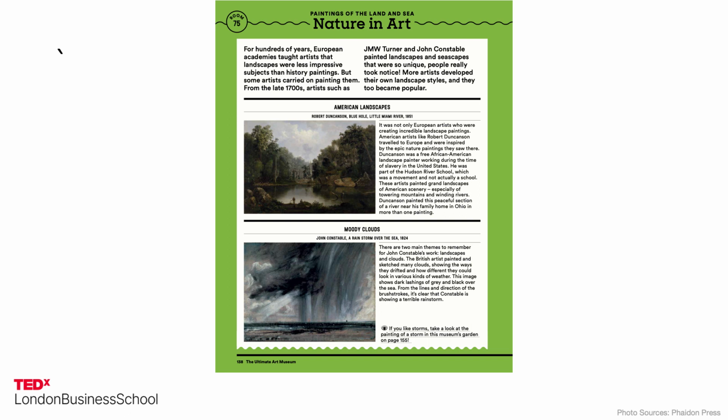This is an example where I broke some of my own rules. So at the top here, we have a painting by Robert Duncanson. And he was an American artist, and this is in the European Painting Gallery. But it's my museum, and I can break my own rules if I want to. The reason I chose to do that is because I wanted to talk about the Hudson River School, which is a movement happening in the States, and how that related to landscape painting trends in Europe at the same time.